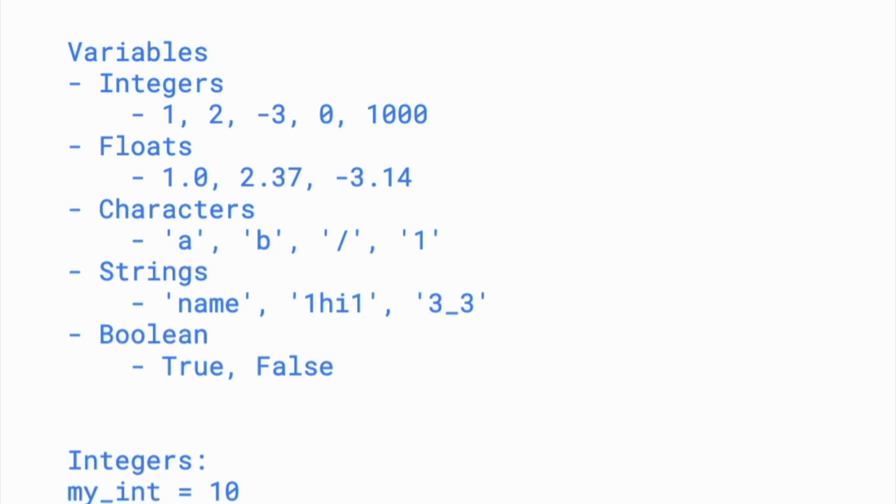And so basically you're going to be using these variables in your lines of code, and it's a very fundamental building block to programming. And I'll go over more